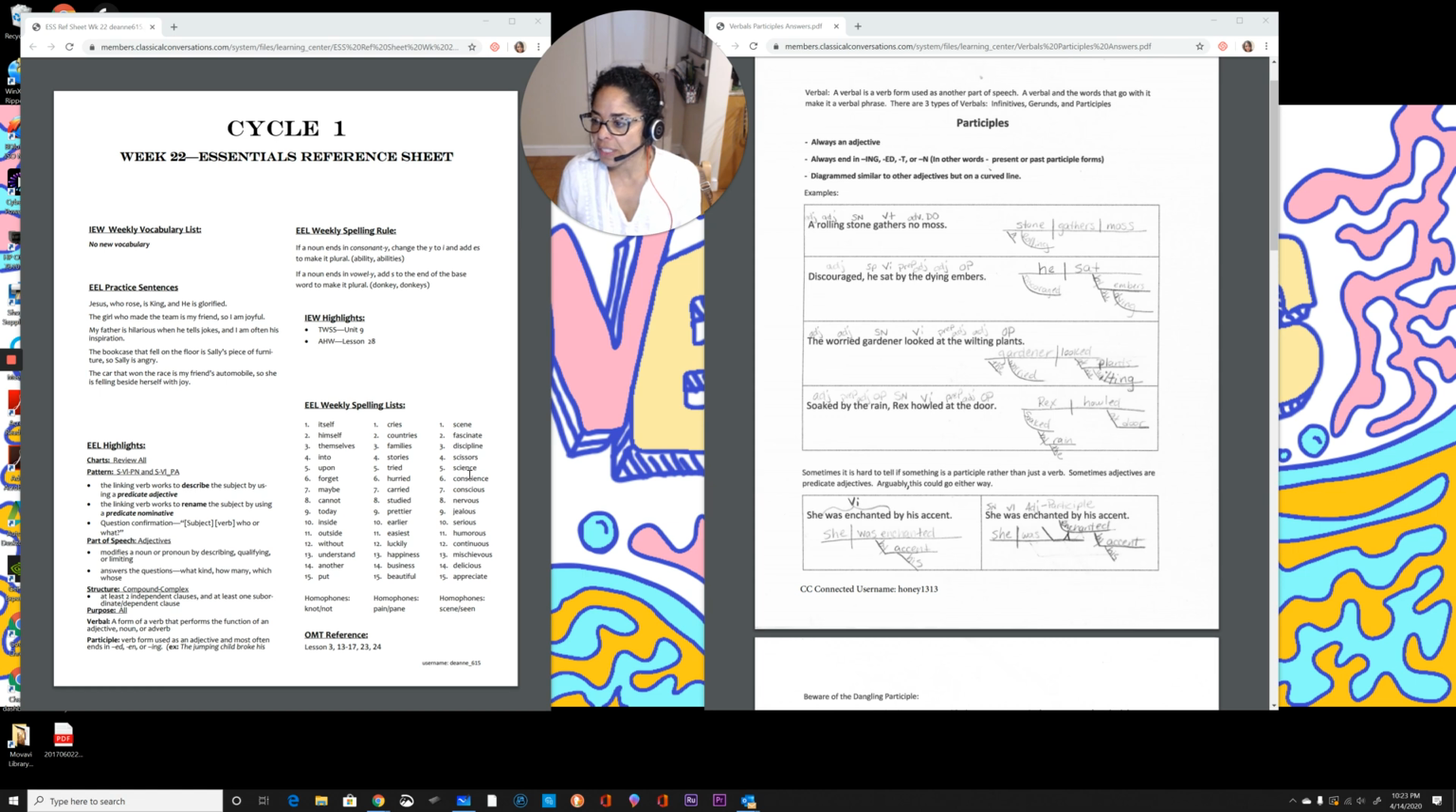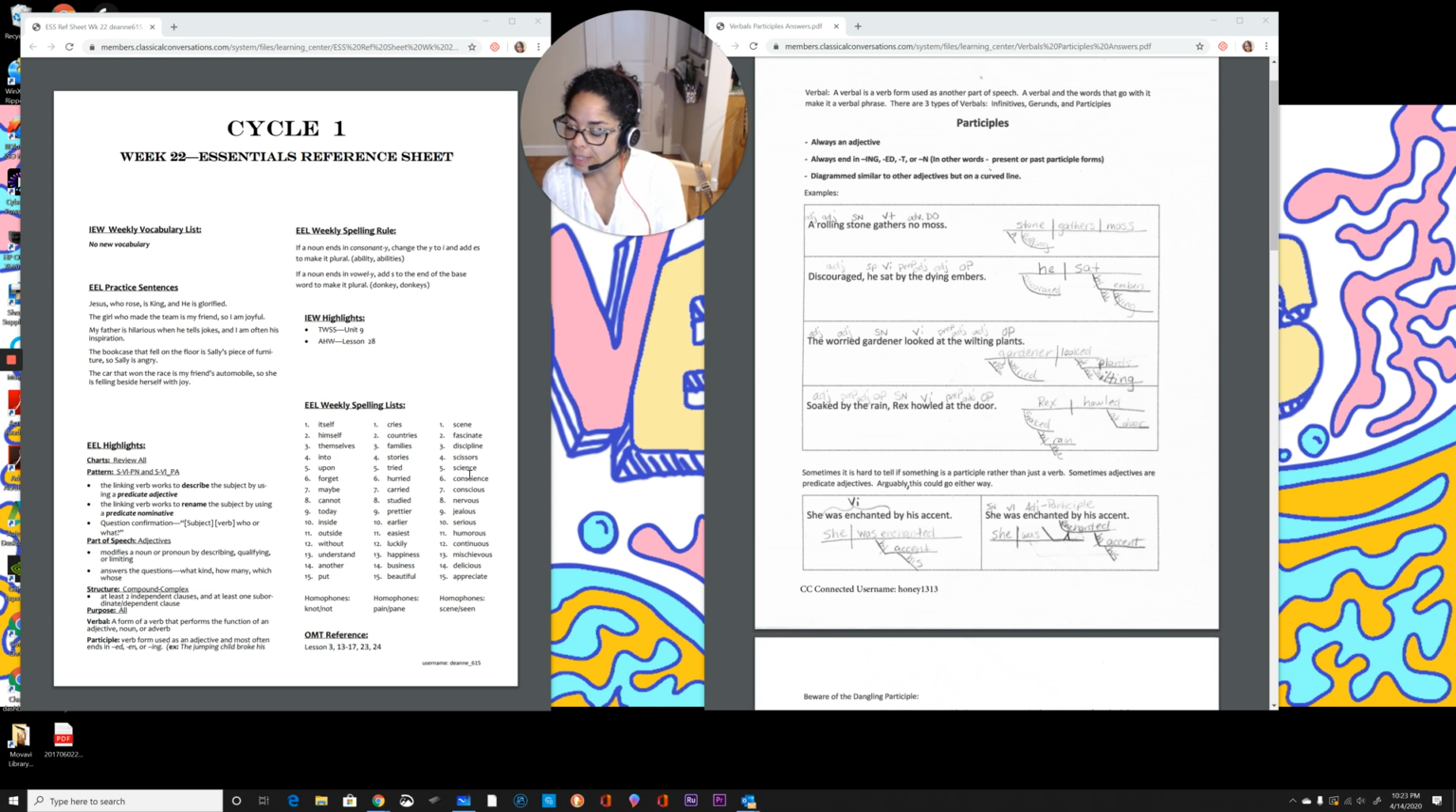Here they have listed practice sentences. They have some EEL highlights. You're going to be wanting to review all of your charts, the patterns, VLPN and SVLPA. Talking about linking verbs this week. We're talking about the compound complex structure, talking a little bit about adjectives and